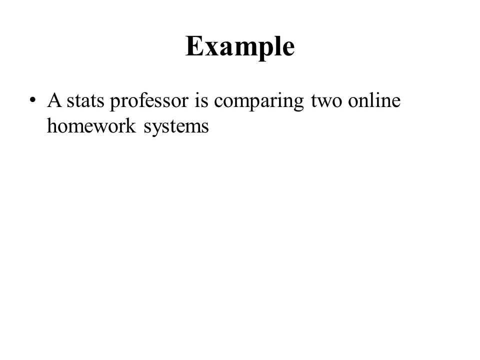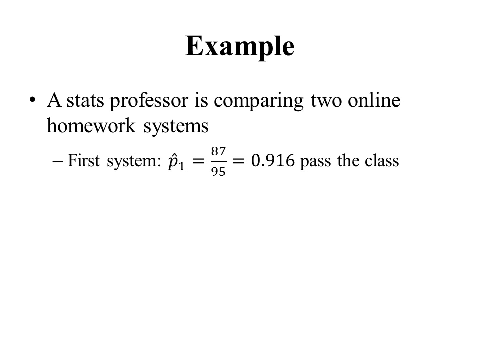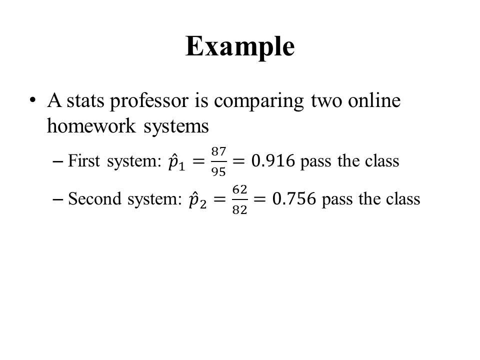So consider a scenario of a statistics professor who is trying to compare two online homework systems. She lets 95 students use the first system, and out of those 95 students, 87 pass the class. That means about 91.6% of the students in this sample pass the class. Then she lets 82 students use the second system. 62 of them pass the class, and so about 75% of students who use the second system pass